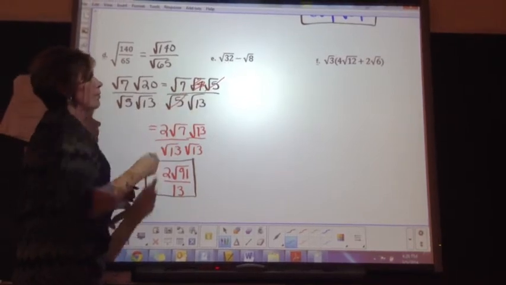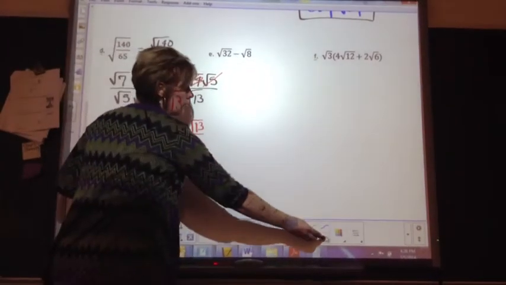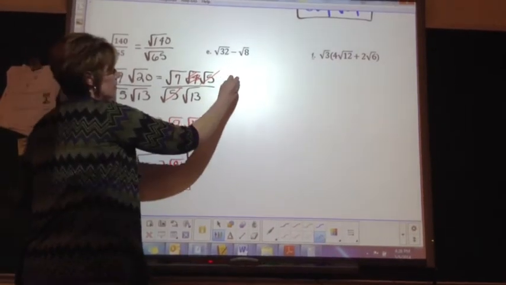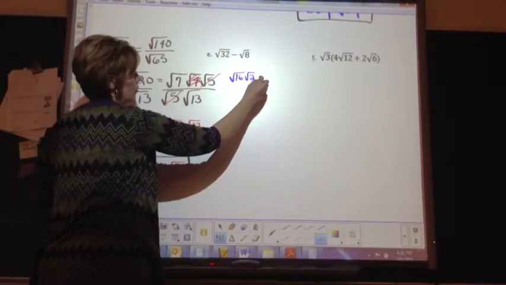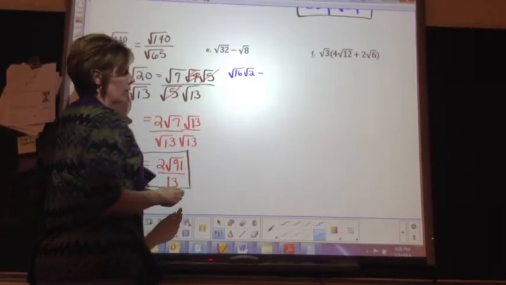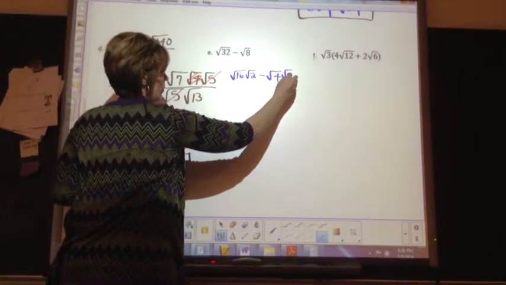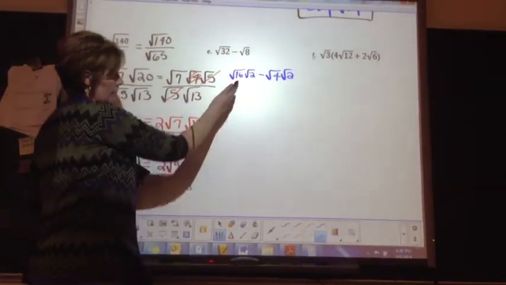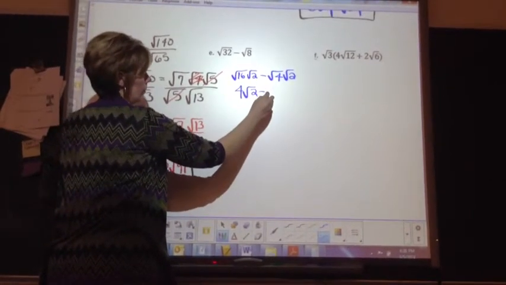Okay, I have 2 more examples. I have the square root of 32 minus the square root of 8. I'm going to rewrite the square root of 32 as the square root of 16 times the square root of 2 minus, and I'm going to rewrite the square root of 8 as the square root of 4 times the square root of 2. All right, the square root of 16 is 4, so I have 4 root 2 minus